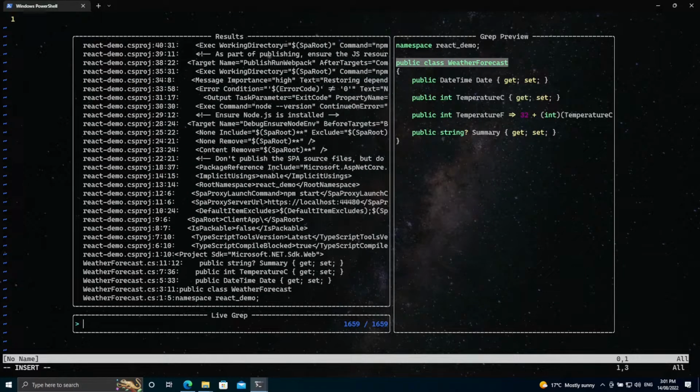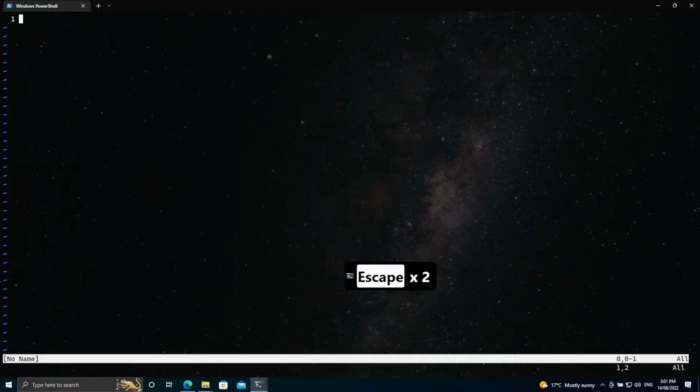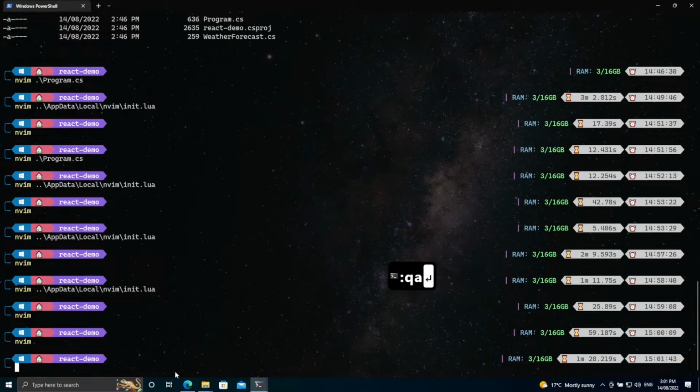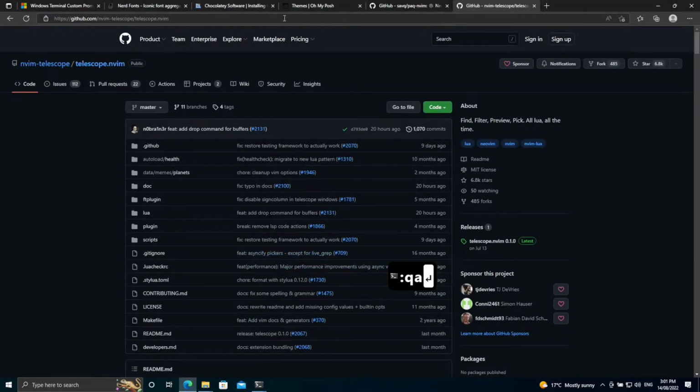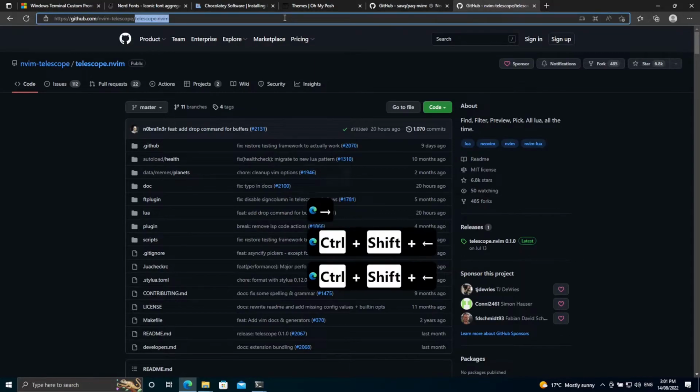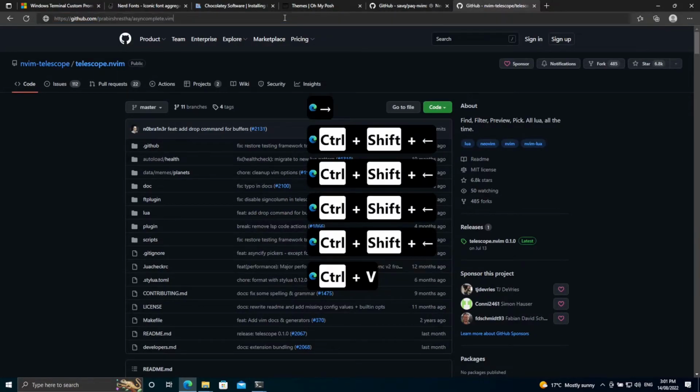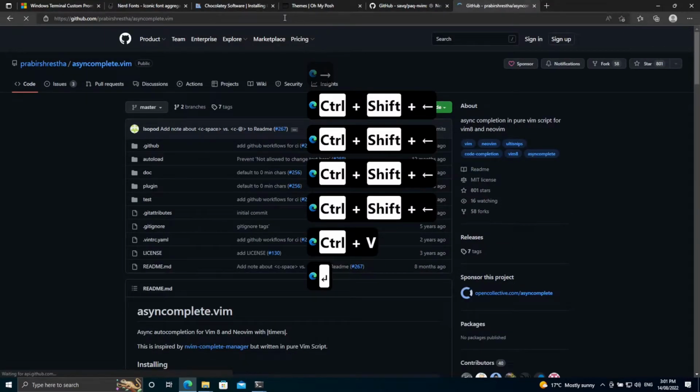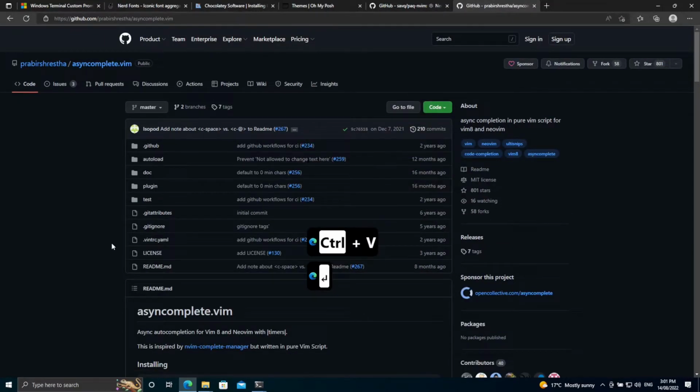So we don't have any autocomplete functionality yet, so let's install a plugin for that. We are going to use something called asyncomplete. Let me show you the website real quick. The reason I'm showing you this on the screen is because I want you to keep in mind that you will need to do further tweaking. You will need to do extra work to get it to work because it's a little bit clunky when I use it. So this one, asyncomplete,